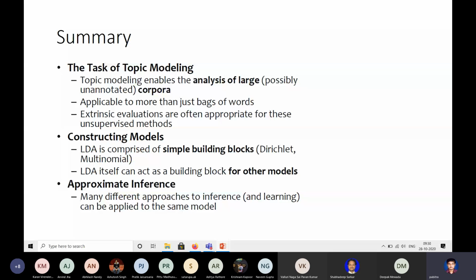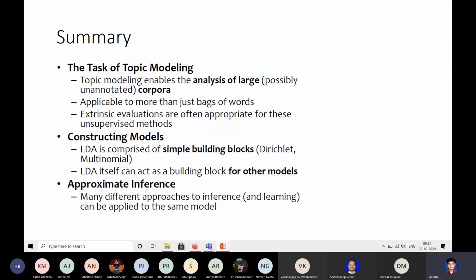Okay, so in summary, there are many other applications. There are many extensions. This was around 2005. Since then, there are numerous extensions. There are extensions to graphs. For example, you have a Facebook network, and let's say the topics are kind of groups, and an individual user is a word. How do you combine words to form groups? How do you measure similarity between two users in terms of the groups they belong to? All these can be done using topic modeling.